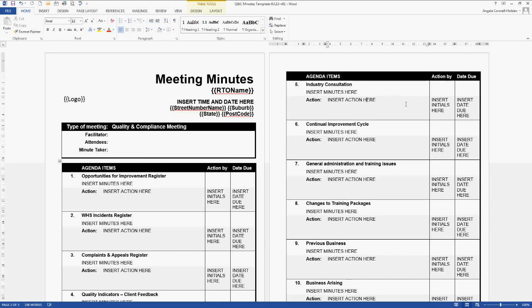I spoke to this person, this is the action we took, this is what we improved, this might have been some business we got out of that. We might have talked about changes in qualifications and how that's going to affect the industry. It could be consultation with employers, with other RTOs, with industry skills councils, it could be all sorts of things that you've done.